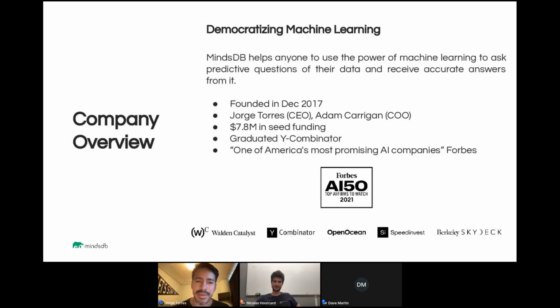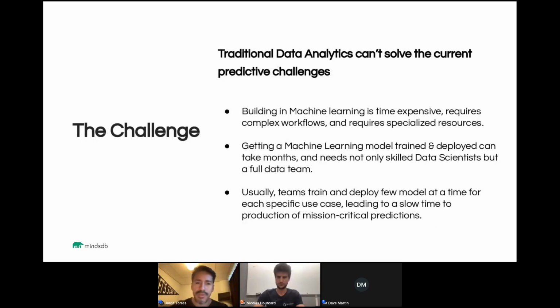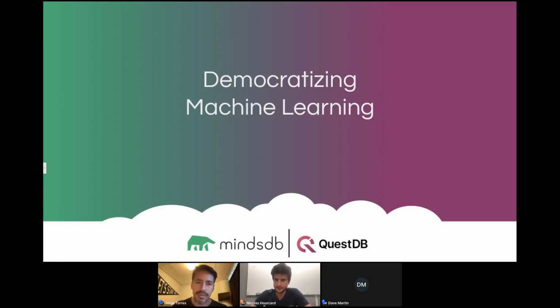A little bit about MindsDB. We started as an open source project back in 2017, and we went through Y Combinator as well. And it was a company that my co-founder and I started because we felt that machine learning could be simplified quite a lot for people that already had data in the database. And of all the MLOps lifecycle, there are so many different problems that actually make traditional machine learning difficult for the analyst and for the developer. It's complex, it's expensive, and actually there's a lot of problems as well into getting machine learning problems into production. And what we wanted to do was to democratize that by simplifying the whole process.